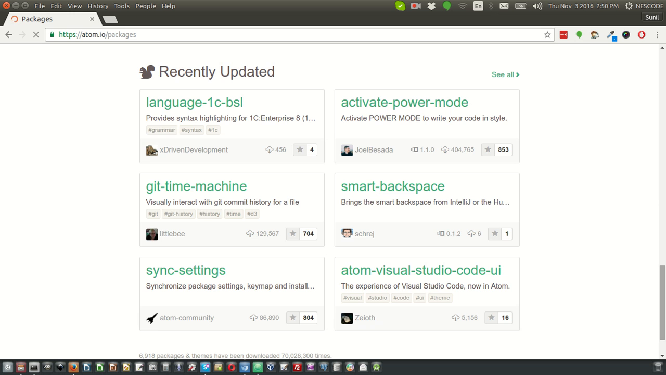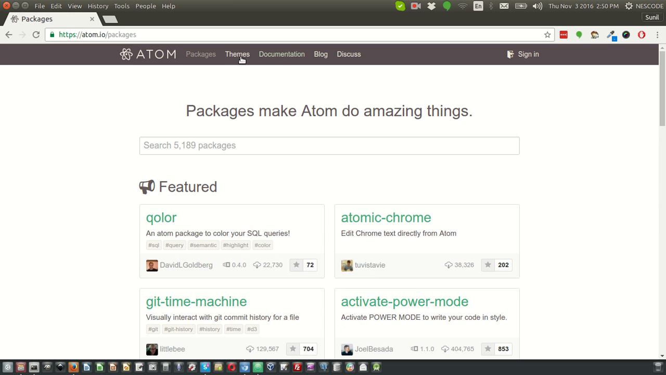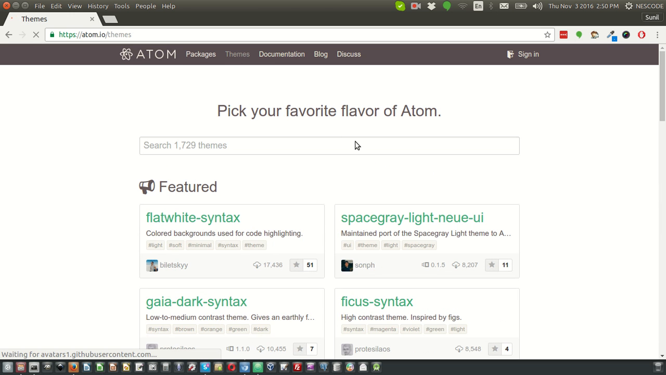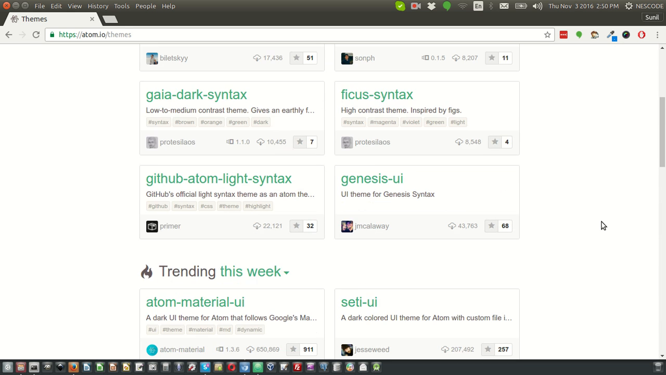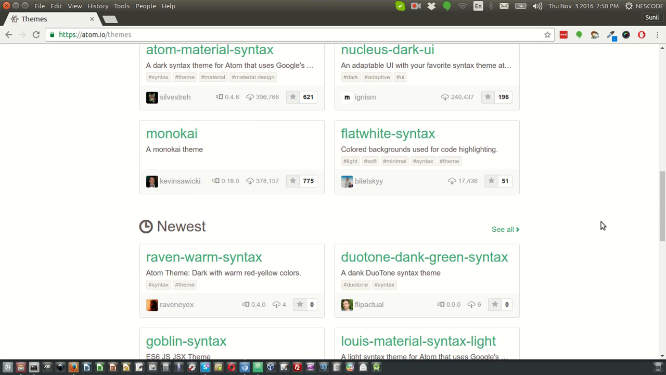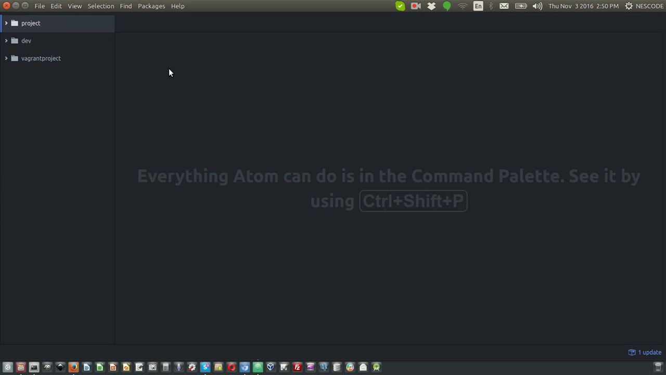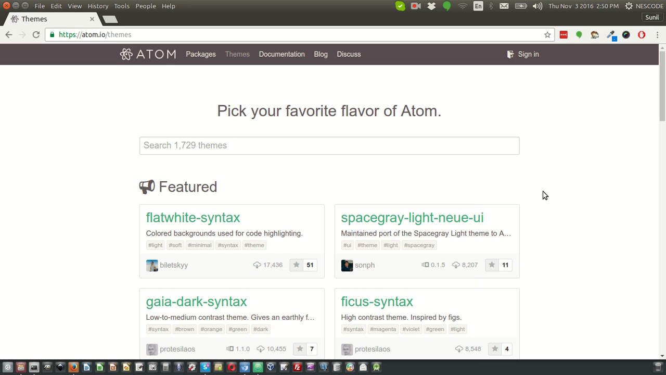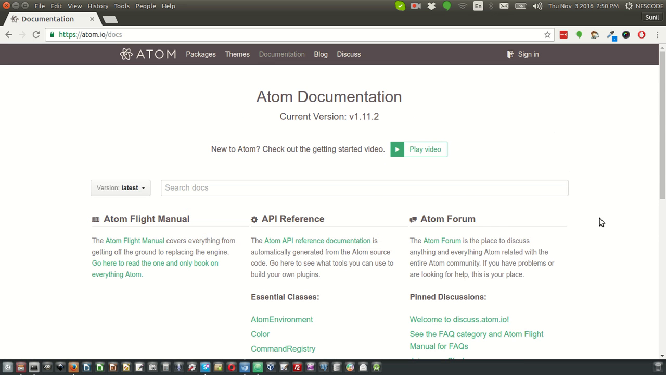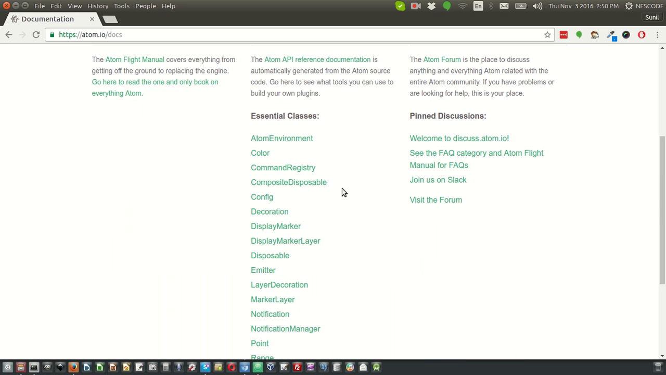There are a lot of packages there. Now browse through the themes. In fact, if you would like to have a customized theme, you can choose one of their themes and install it, which is amazing, I believe. I use the default theme which has been given by Atom, so I usually don't like to change the theme. If you browse through the documentation, you will see a lot of documentation on how to change the colors and decorations